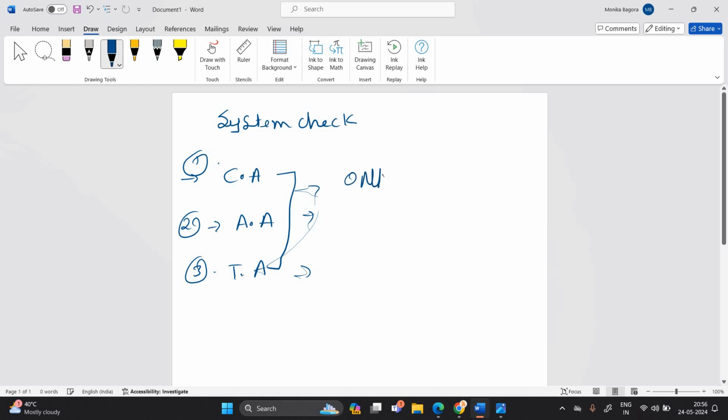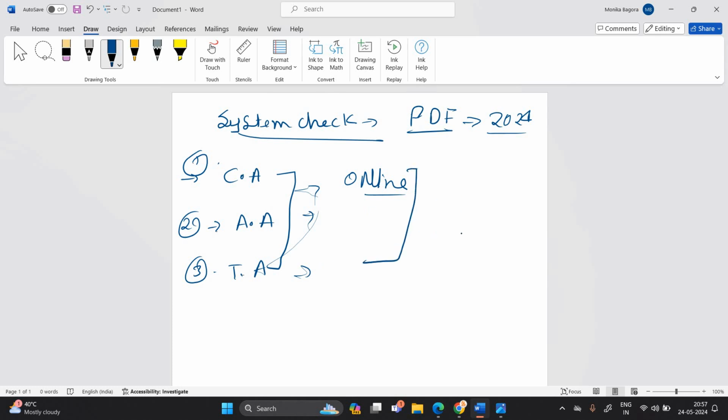Some candidates shared a PDF with me related to the complete hiring process of Cognizant 2024. First of all, thank you so much for sharing the updates with me; it will definitely be good for all. One of the most important points is that the communication assessment, aptitude assessment and technical assessment are online, so we can expect that it is from your home, because they mention you have to do the system checks, which is very important.